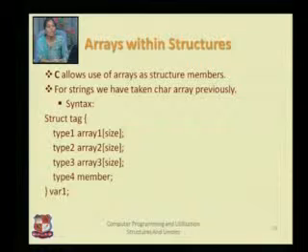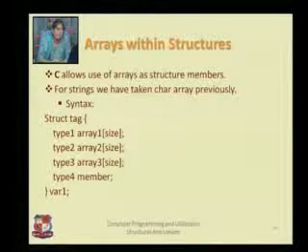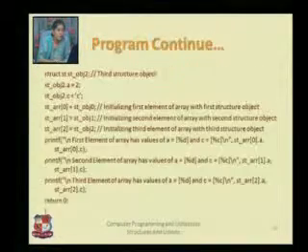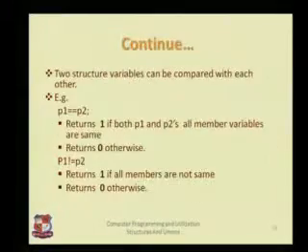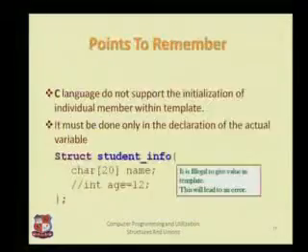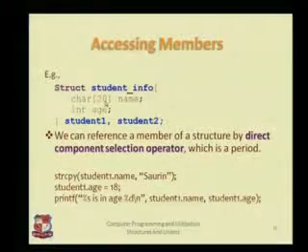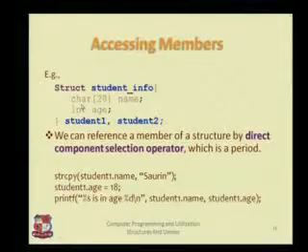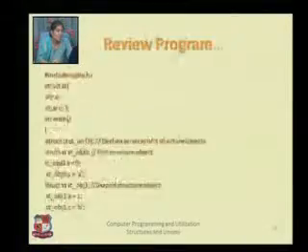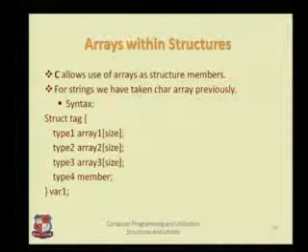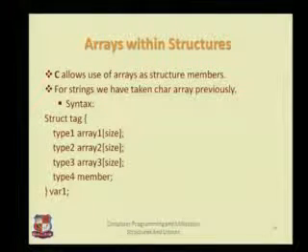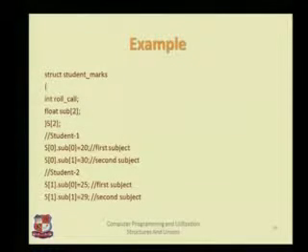Then suppose we want to create arrays within the structure. This is the particular thing which we have already discussed when we used character information with the student's information. Here for the student we are saving the name, right? So name is of type string, so we are taking a character array for name. Here again it is the same case, we are taking a type 1 array, type 2 array, type 3 array, because you can have a float array or an integer array or a string character array, right? Let us have this example.